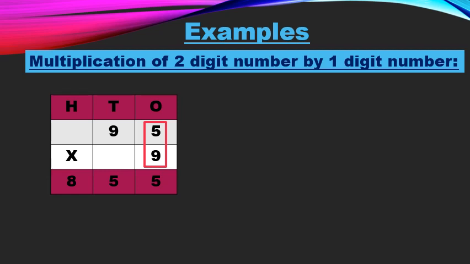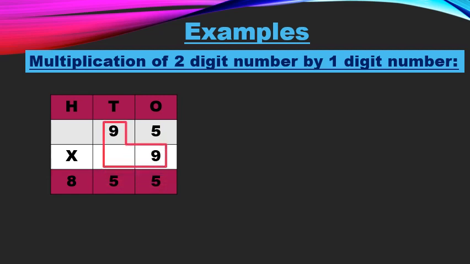So 9 into 5 ones gives us 45. And as you know that we cannot write two digits in one place, so we are going to write 5 over here. Now what about 4? Yes, the 4 is carried to the next column, that is tens column. Clear? So now we are going to multiply